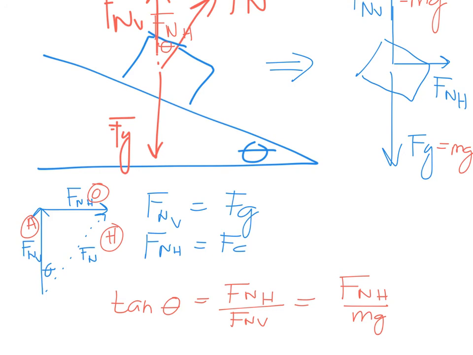You end up with an overall relationship where you can say that FNH equals mg tan theta. Sweet. And then guess what you're doing? You're setting that equal to FC. So, ooh, fancy stuff. We can use that to help us find our centripetal force if that's what we need to do. Let's flip back to